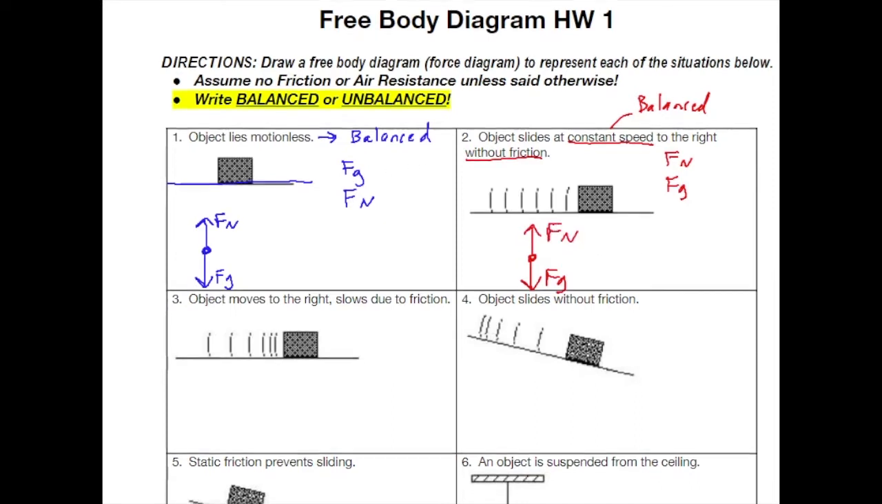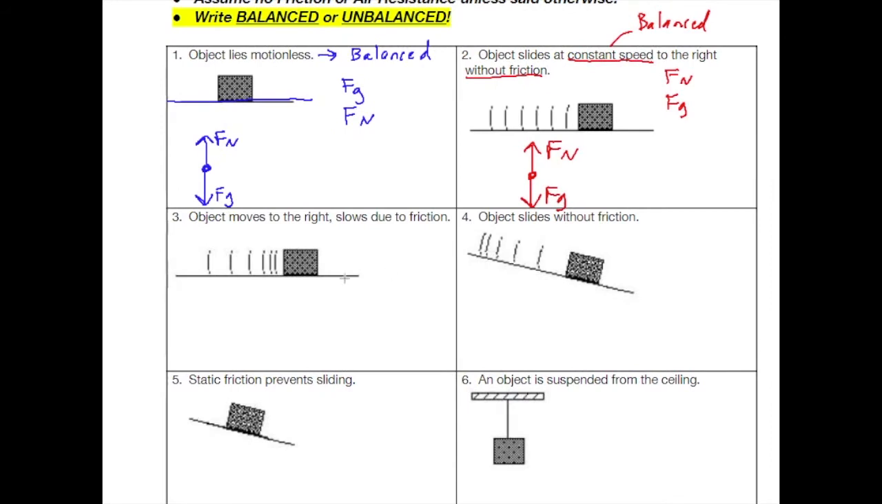Moving along, let's take a look at number 3. Object moves to the right and slows down due to friction. So slowing down is telling us unbalanced. And it's also telling us that there is friction in this problem, so that's important. So if I go ahead and list these forces, I always start with gravity, then I see there's a surface, so there's force normal, and the problem tells me that there's force friction. I don't see any ropes, I don't see anything being applied to it, so I don't see any tension or